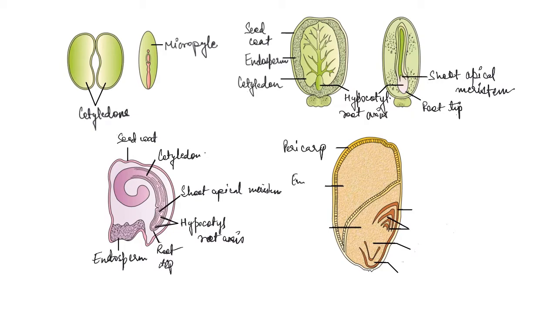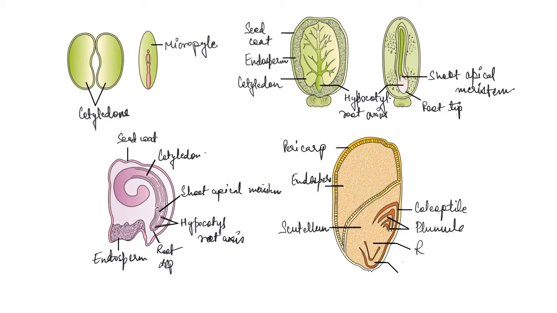Inside is the endosperm, scutellum. If you remember from the previous diagram, in the previous video, basically, what is this? Do you remember? Please mention it in the comments. So this basically is the seed of a monocot,